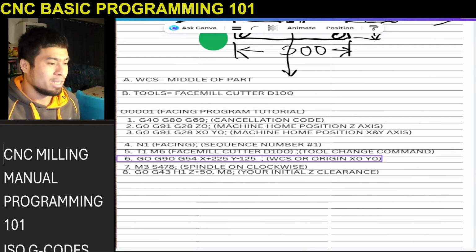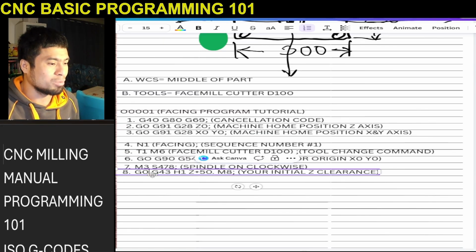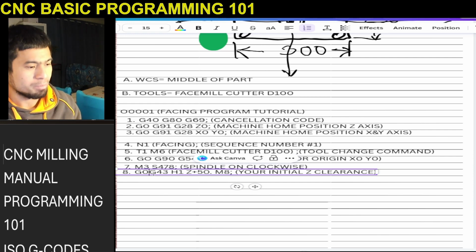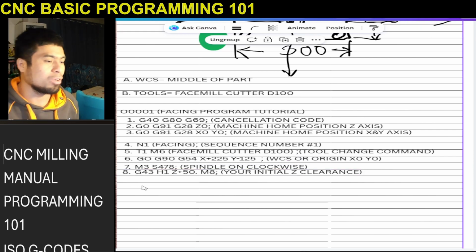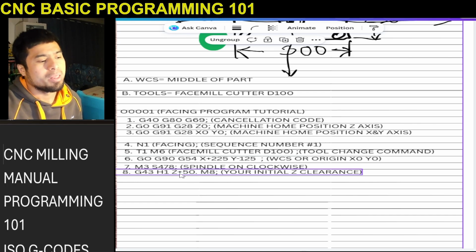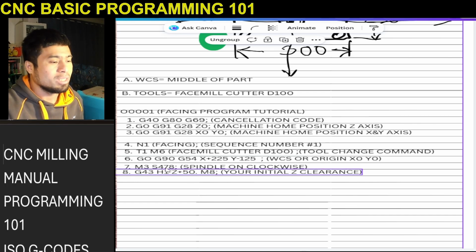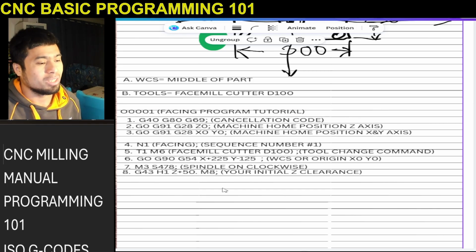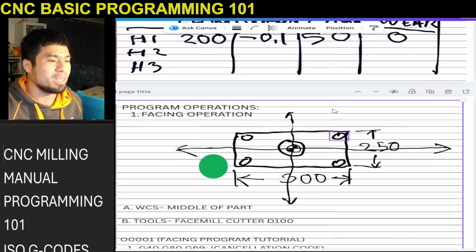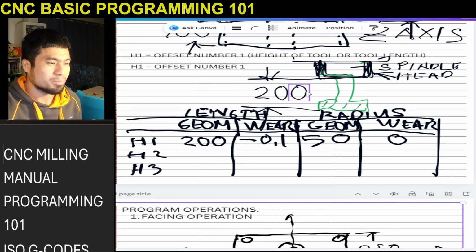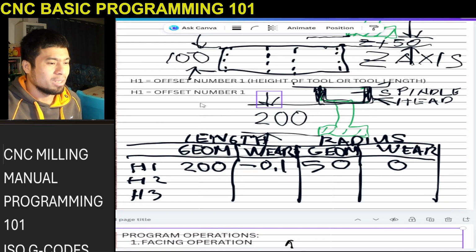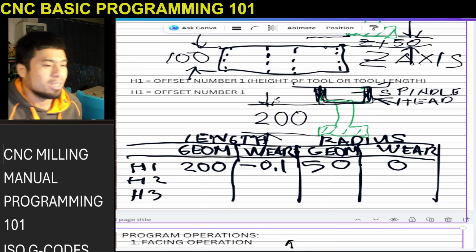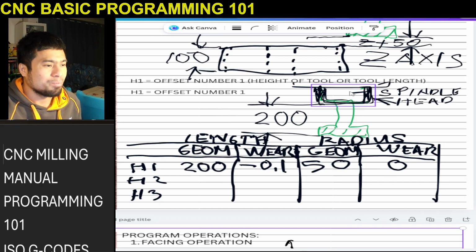G43, G0, G43. This is supposed to be just G0, supposed to be not there. So G0, G43, H1. G43 equals tool length compensation. So that's our previous program, which we explained from this explanation, when we do G43,